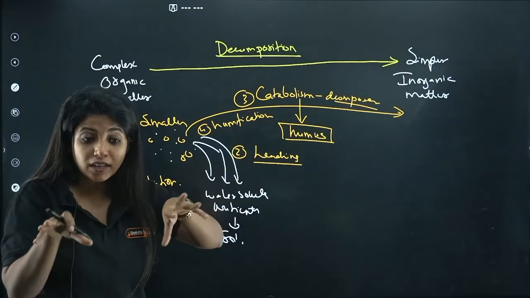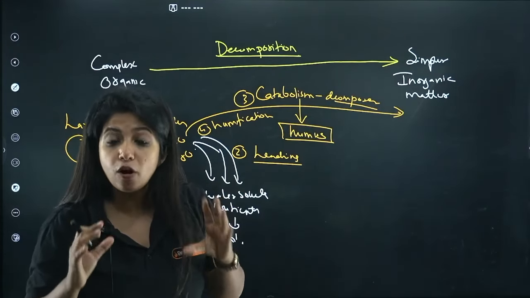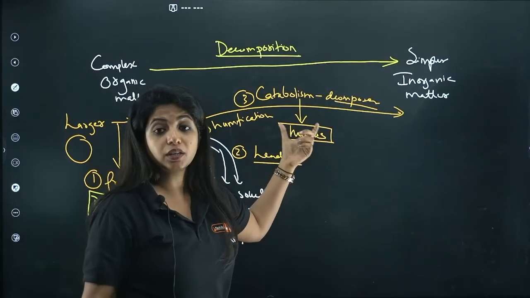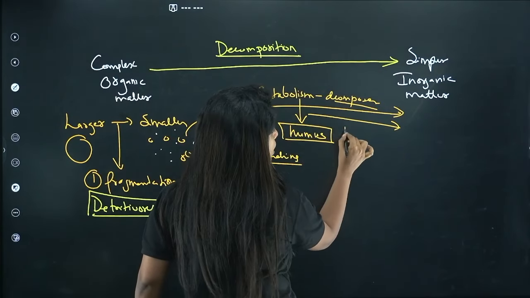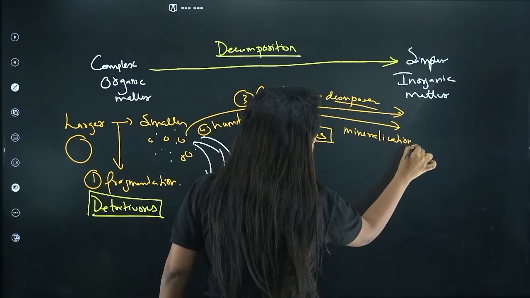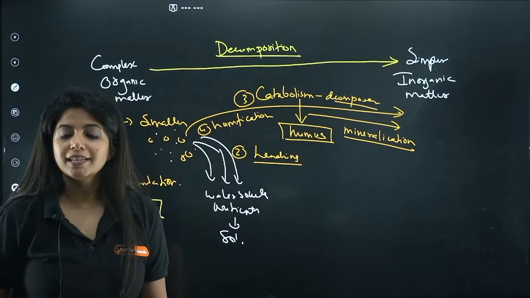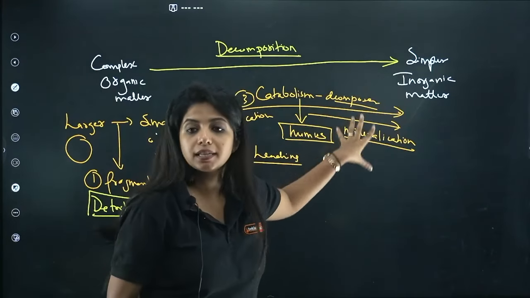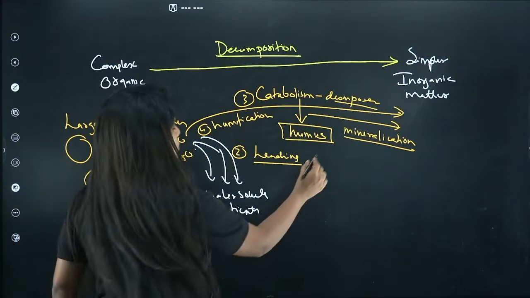It keeps on giving chemicals, nutrients down there into the soil. It is a dark, amorphous substance that is being formed over here. You call it humus. Now finally it will complete its breakdown, and you call this process what? Mineralization. So towards the end, you have finally broken things down into inorganic nutrients, and this is the fifth